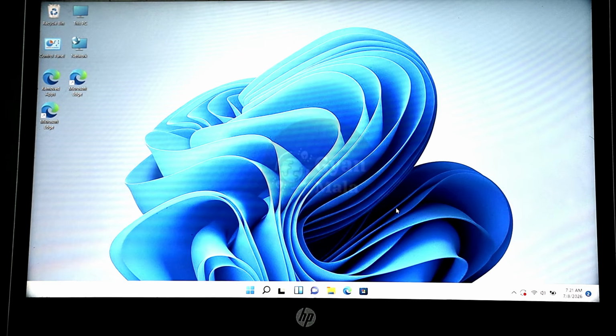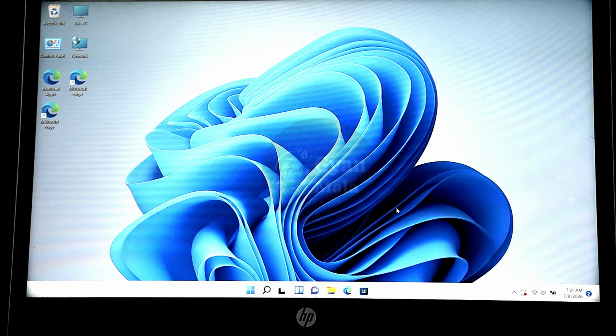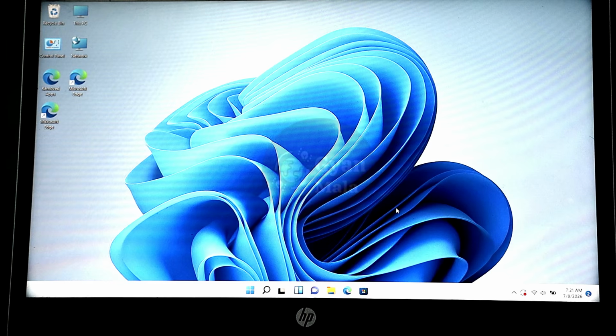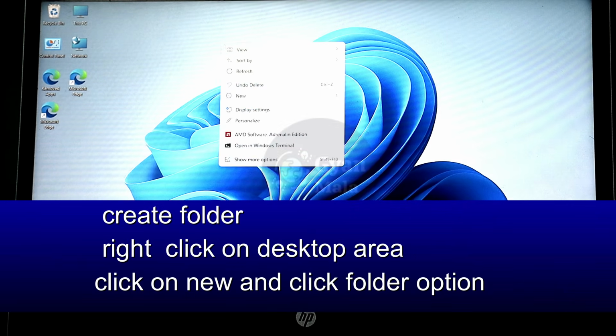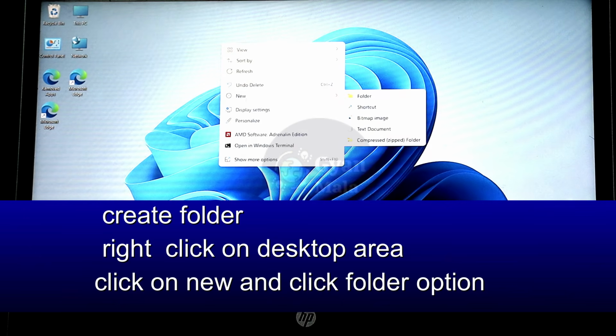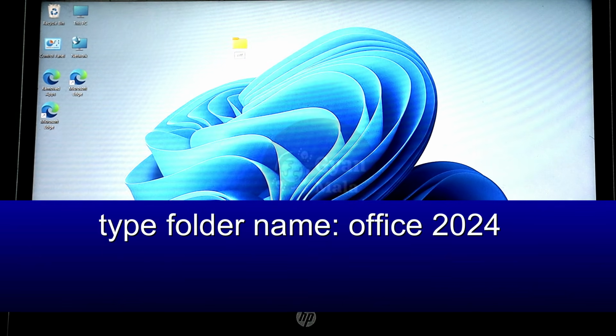In this tutorial, I'm going to show you how to download and install Microsoft Office 2024 freely. Let's get started. First of all, make a folder in the desktop area. Right click, go to New, and click Folder. Name it Office